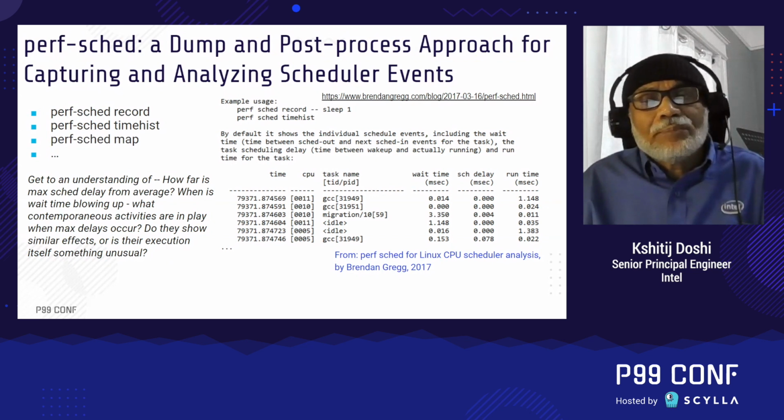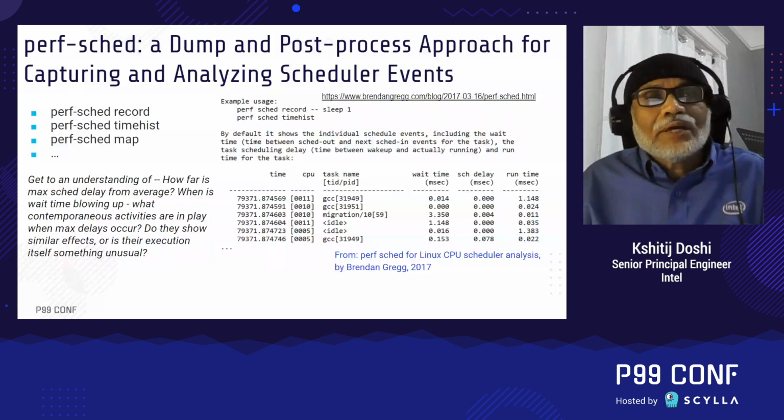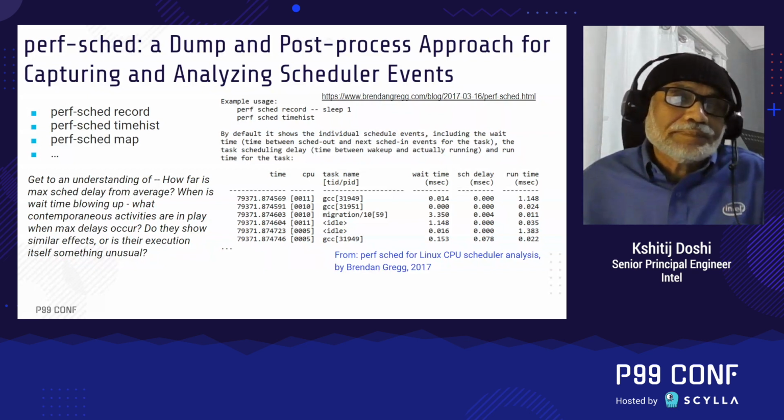And then furthermore, in its time history, one can check when is it that the maximum amount of scheduling delays occurred, and so one could at least in principle get an understanding of the timeline over which a number of these high latency contributing events occurred. Now, when this is happening, one would also be able to see what were some of the other contemporaneous activities that were going on, so that even if they are not perfectly time aligned, they provide a context within which these kinds of delays are occurring.